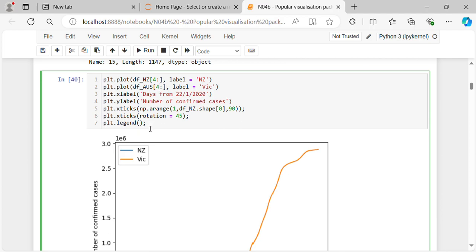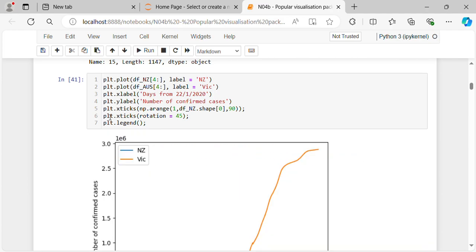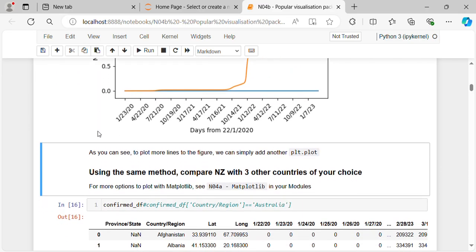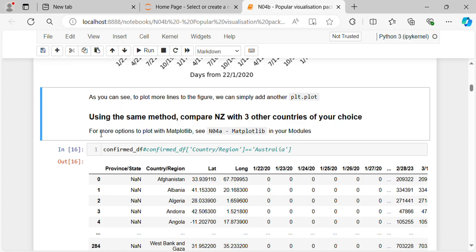And then we want the legend as well. So plt.legend open and close bracket. And when we run this, that will give us this. As you can see, to plot more lines to the figure, we can simply add another plt.plot. So use the same method, compare New Zealand with 3 other countries of your choice. For more options to plot with Matplotlib,